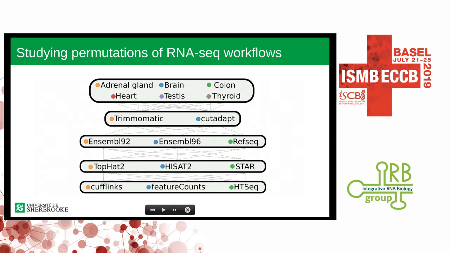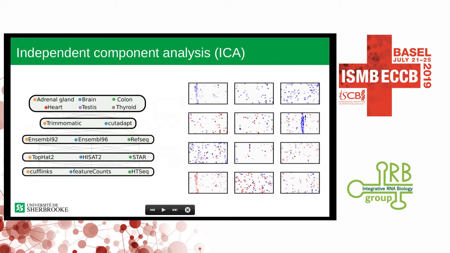With this idea in mind, I went with a permutational study of RNA-seq workflows, mainly selecting a few human healthy tissues and some of the highly used tools I found in the literature and using two different versions of Ensembl. You'll see why later on. I computed every possible permutation of tools in this matrix, which gave me a pretty big count matrix. To analyze this data, I used an independent component analysis, also known as ICA, which is a dimensional reduction technique, which lets me draw sources out of this dataset.